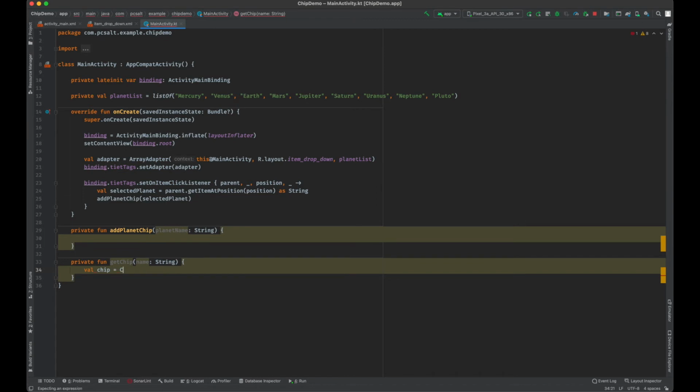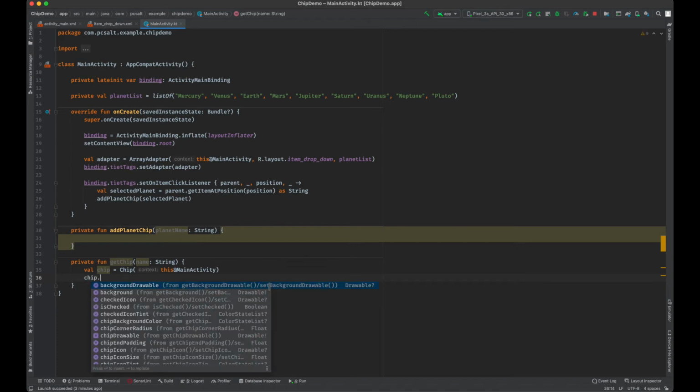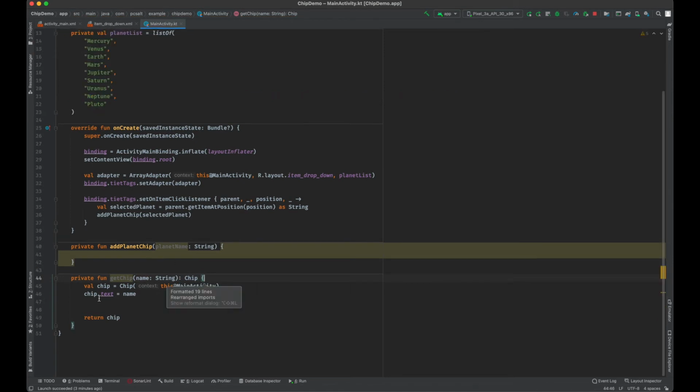It will be created by calling the chip constructor and passing the current context, the main activity, this at main activity, and we will return this chip. But before that we will have to put the text. So we will put chip.text equals name, and now we will return the chip object. Let's add the return type chip to this method, and now this is good to go.